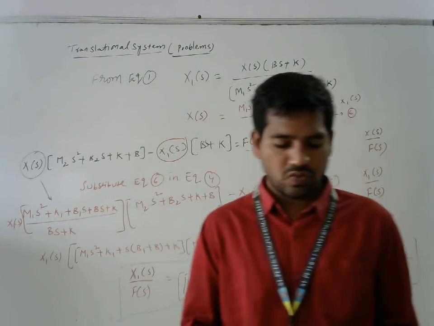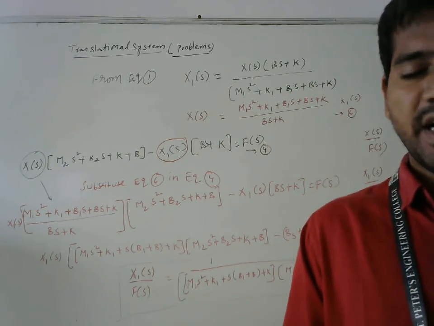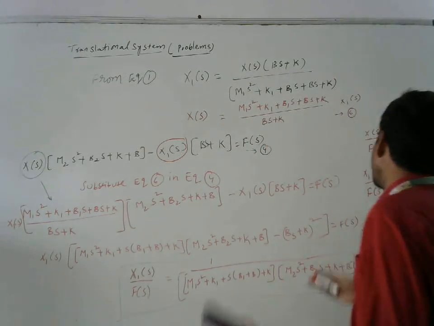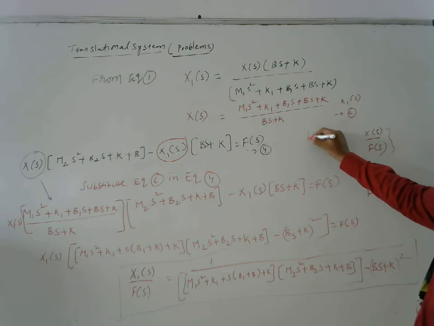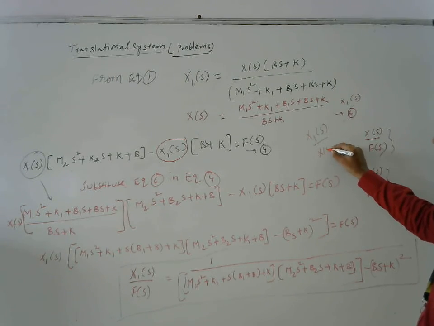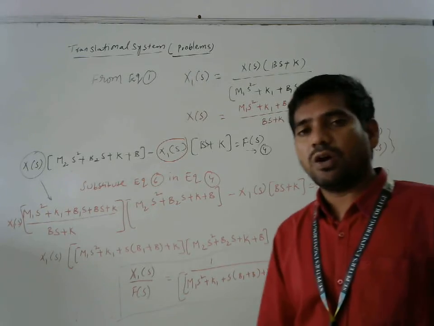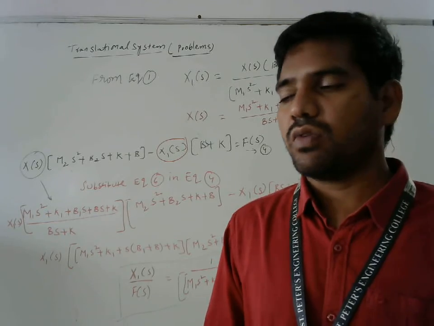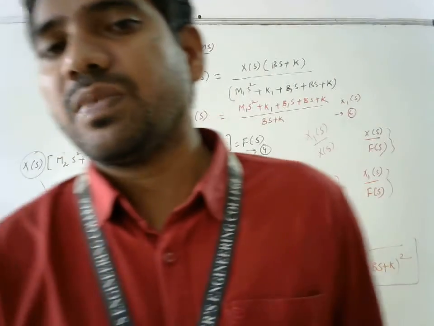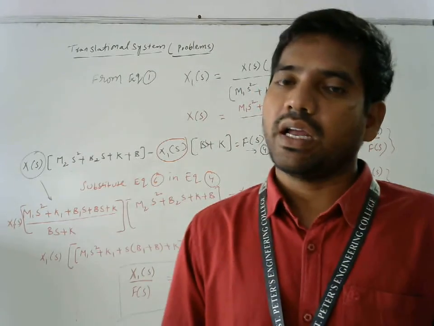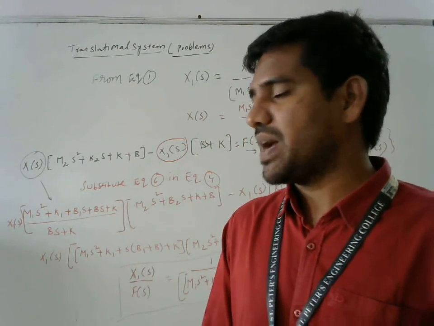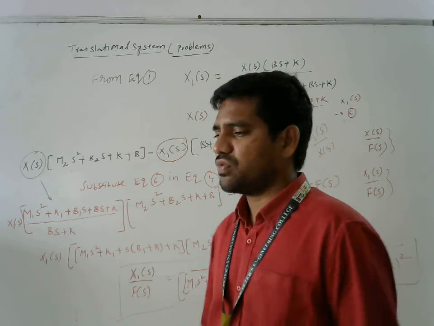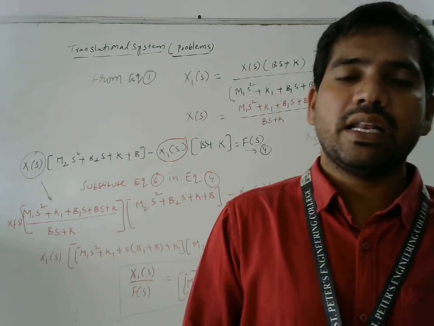These are the two steps. That means we can find anything. In some cases, he won't ask these two things, he will just ask for x1 of s by x of s. Any value we can find. The thing is you have to know how to write down the differential equation. Once you know the differential equation, we can find any value, just mathematical substitution of one equation into another, or 3 to 4, 4 to 5, like that. Right.